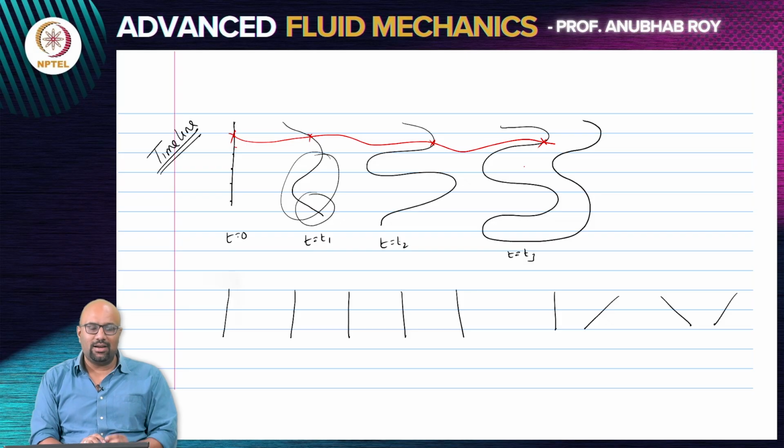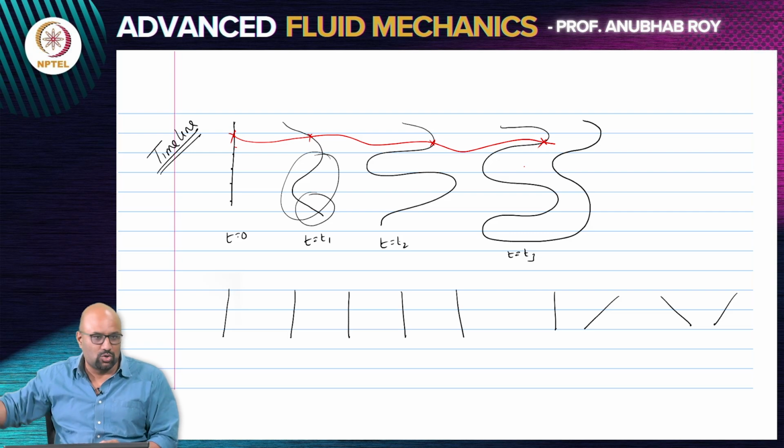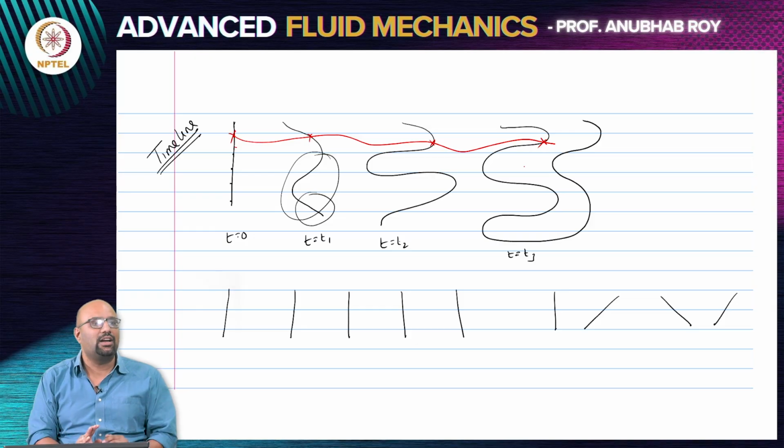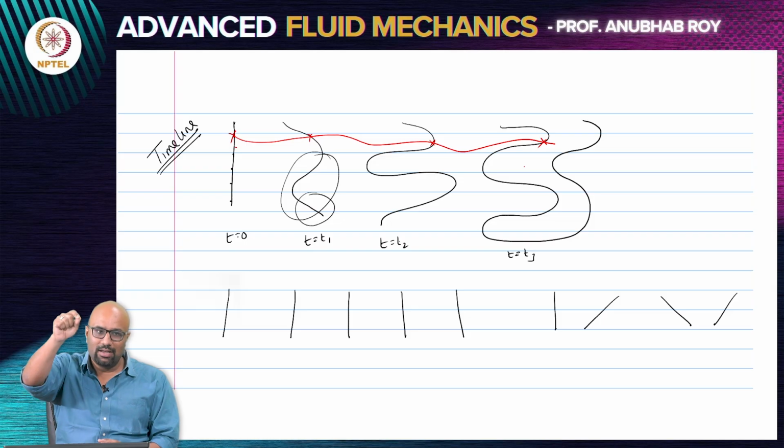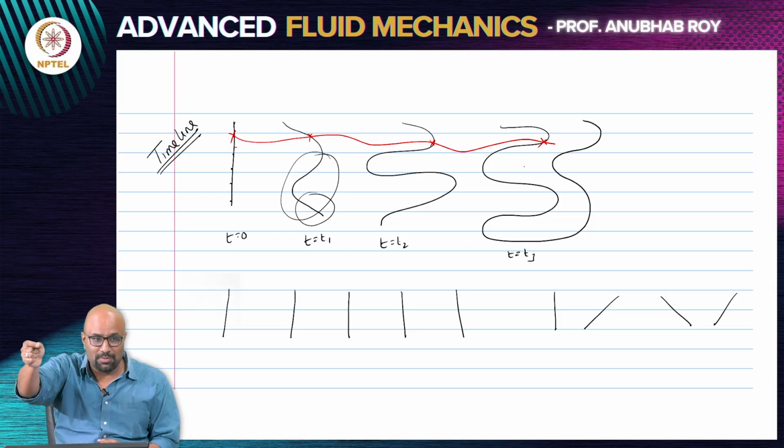Yes, so the streak line requires everyone to be entering from, or being introduced from, the same point in space. If there was another door in the classroom through which students would be entering, they would have their corresponding streak line. But since this classroom has one single point of entry, there is one unique streak line that we can define. Each one of us has entered this classroom at different instants of time. So starting from the person who entered in the last instant, let's say we stop the clock the moment the last person enters the room. That person is where we start drawing the line, because the moment the last person enters the room, he or she is going to be exactly at the door.